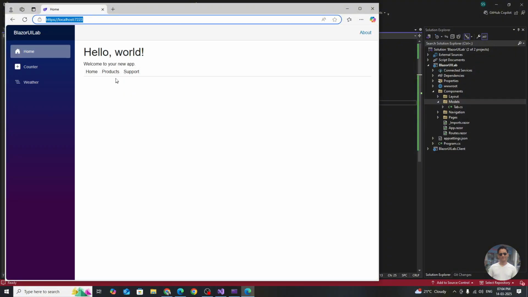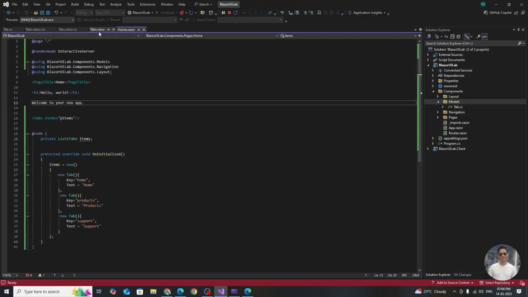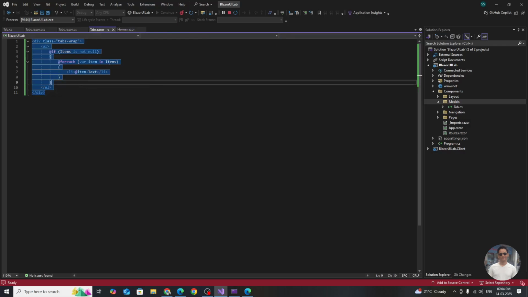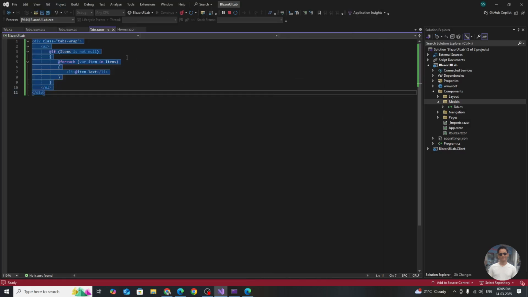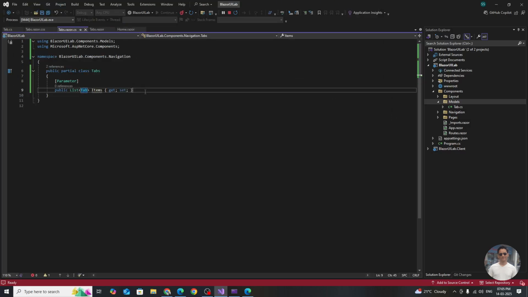Yeah, it shows here. They are dynamic now, no more hard coded. So whatever we supply, it just shows over there. And then now one thing more actually. Earlier it was having the selected item, but right now it doesn't have. So we need to bind the selected item also for this our custom component, so that if the user clicks on any of the options in the tab, it should respond back to the page. So for that, we need to have another property, another parameter,